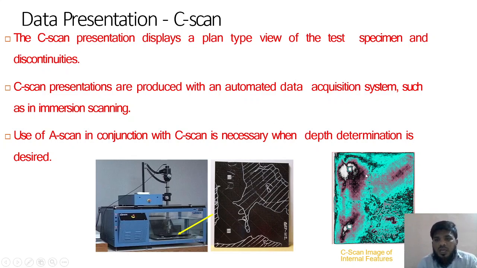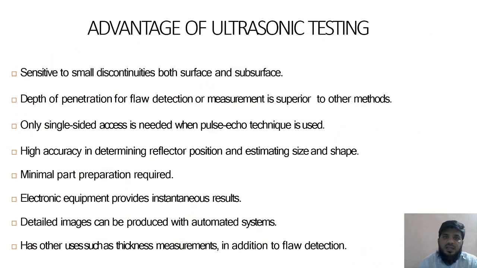So with this you are only able to see that there is some hole. Along with A scan, we are able to measure how deep the hole is. So if you measure like this, you can only analyze that there is some kind of hole present, the flaw is present in that. But how deep the flaw is, that you cannot identify using C scan. So for that you have to combine A scan as well as C scan to identify the depth of that.